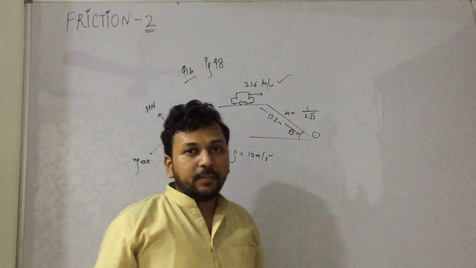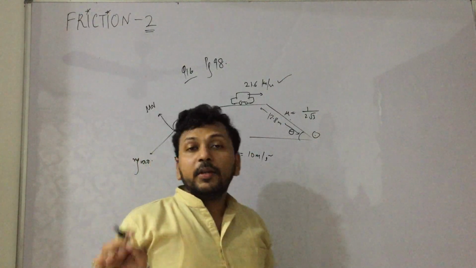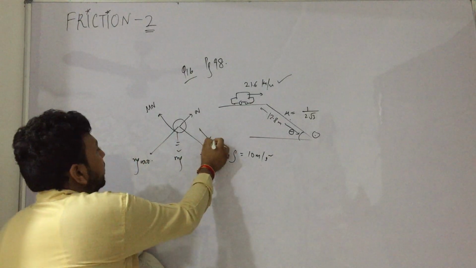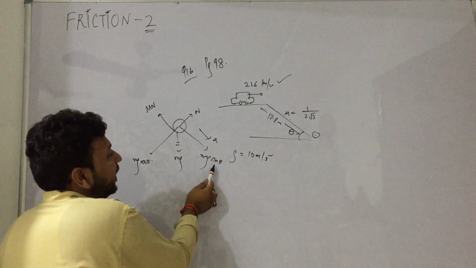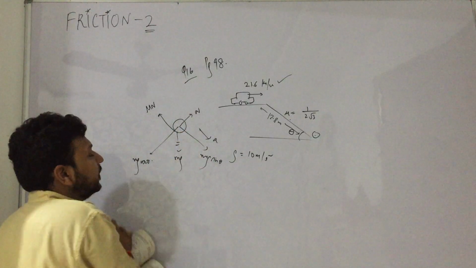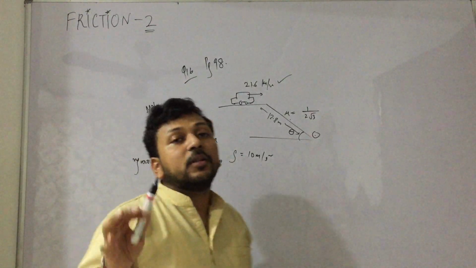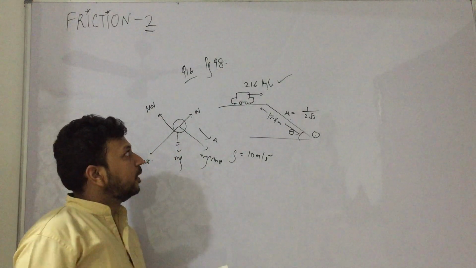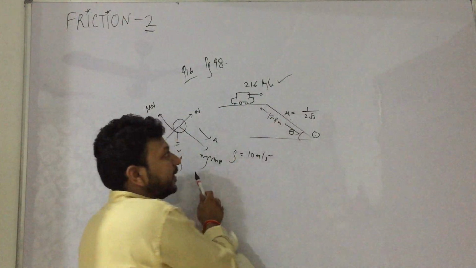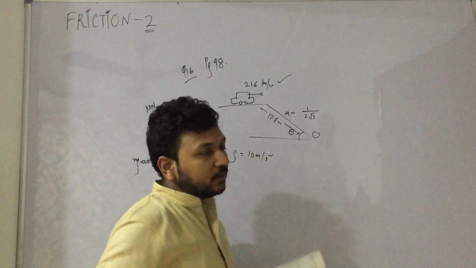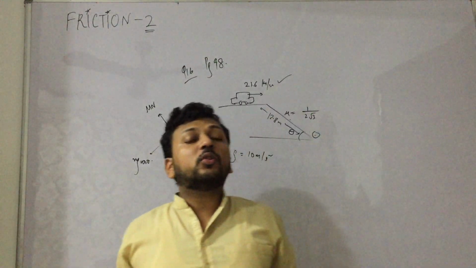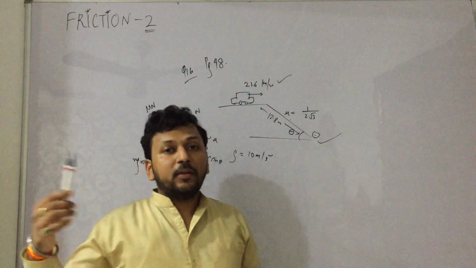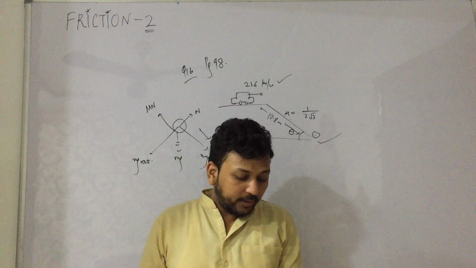This we have already studied in the previous classes. You can see the videos, and if you have any doubts you can write in the comments. And acceleration is here. So how do we write? Mg sine theta minus mu mg cos theta is equal to ma. Acceleration becomes g sine theta minus mu g cos theta. So we know initial speed, we know acceleration, we know the distance s. So we can apply v square is equal to u square plus 2as, and we can calculate velocity here and convert it back into kilometer per hour. This is how it has to be done.